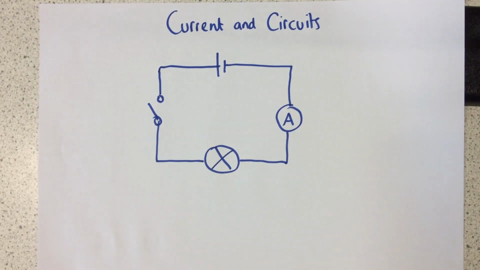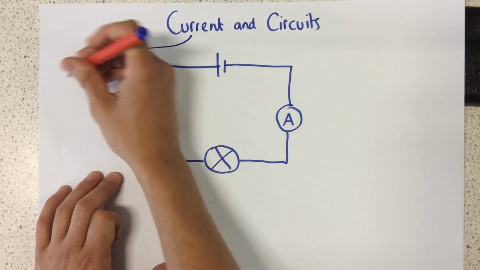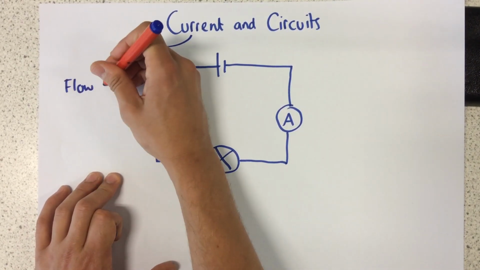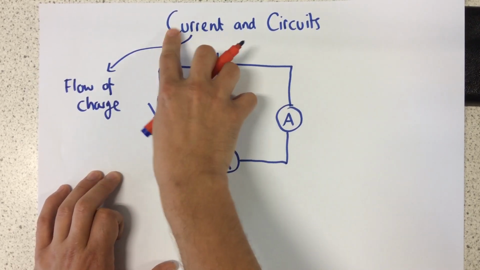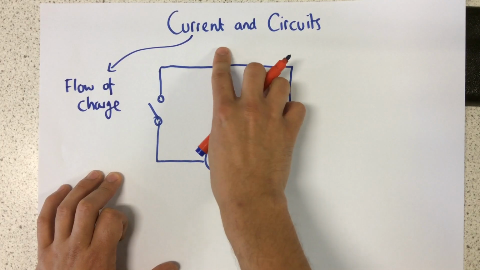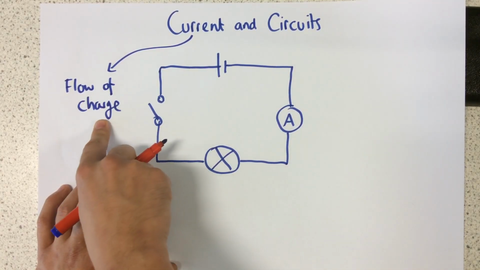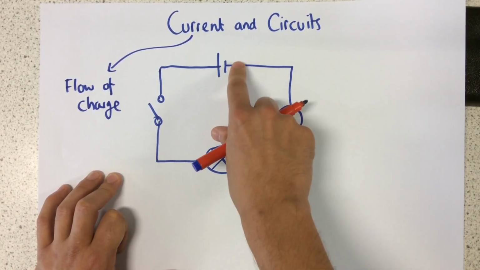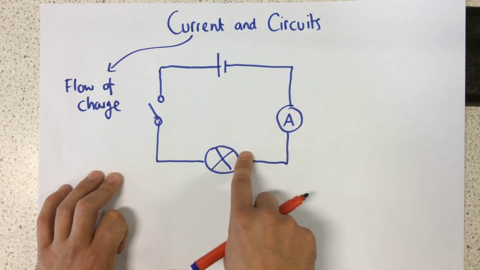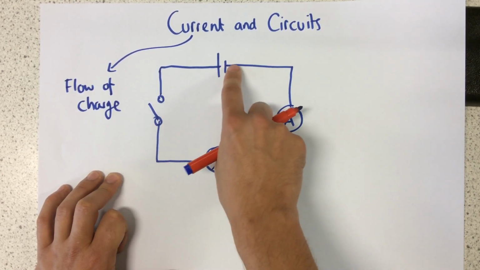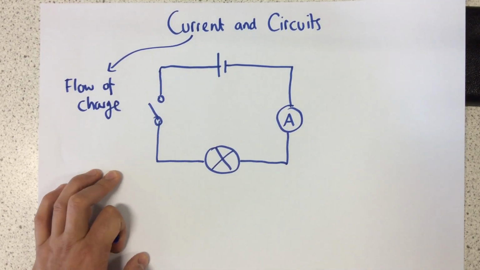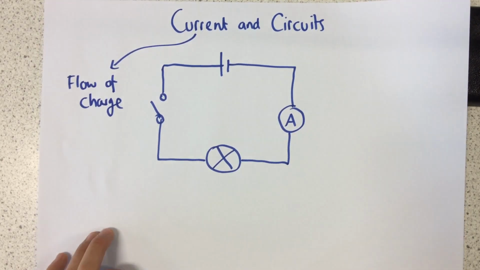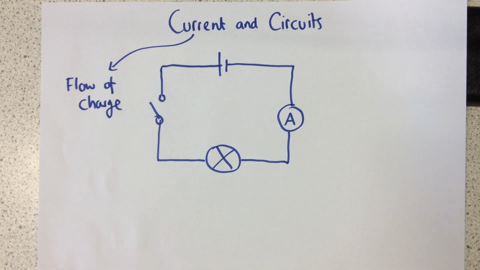So, whenever we think of current, the first thing we think of is a flow of charge. Just like, for example, in a river, the current would be the flow of water. In a circuit, it's the flow of charge. And in particular, in a circuit with metal wire, the thing that is flowing around the circuit is electrons, or rather are electrons. So to understand more about this, we need to know a little bit more about the structure